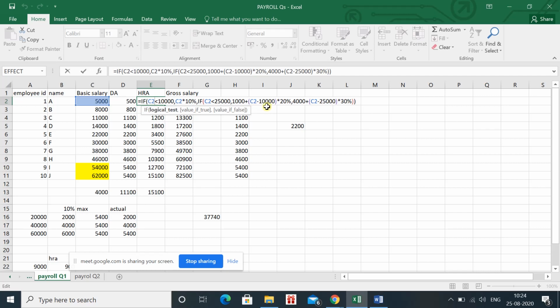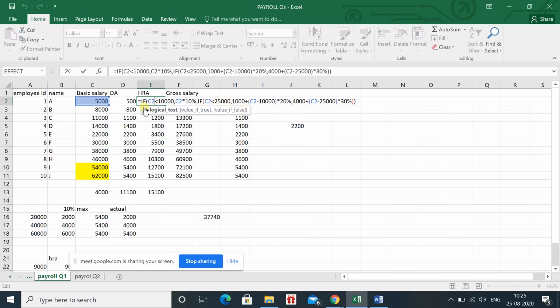You can see that instead of writing the exact salary, I am using the cell reference. The reason is that when you drag it, it will automatically adjust. You are applying for C2 in the E2 cell. When you move to E3, when you drag for E3, it will take C3. When you drag for E4, it will automatically take C4. So it adjusts automatically. That's why you use the cell reference instead of the actual value. While applying the formula, we have to select the cell instead of the value, but for the conditions we have to write exact numbers.